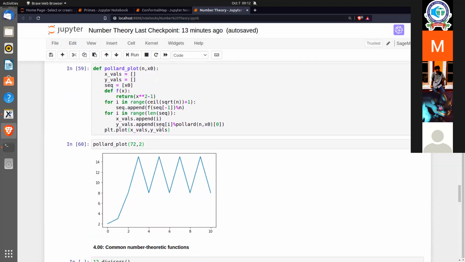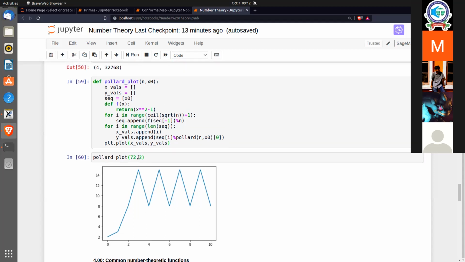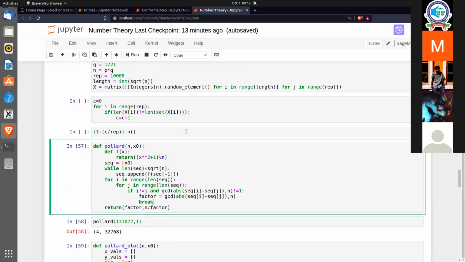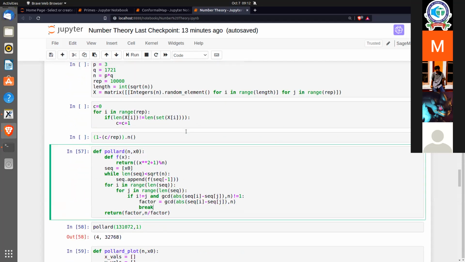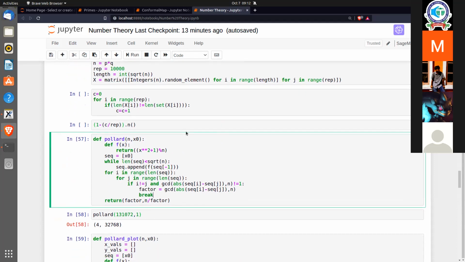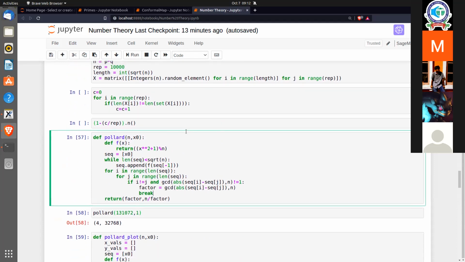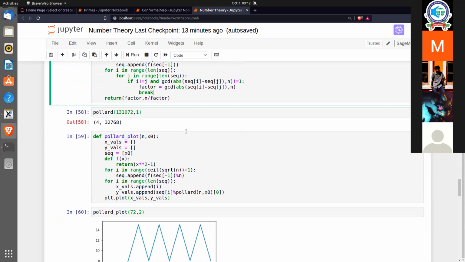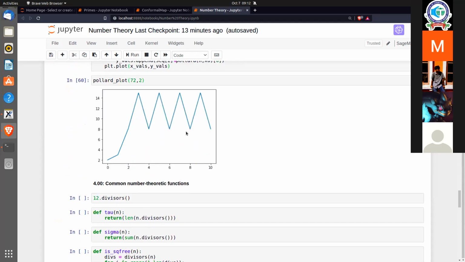So very vaguely speaking, as soon as it detects some rhythm in this graph, right, some periodicity in this graph, it will break at the point where the rhythm started, right, and then deem that number to be a factor. So that is how the Pollard rho method is actually working. It's a little complicated. It took me a while to understand this, but I'll share this PDF with you at the end, which explains it really well. Okay, so that is that.